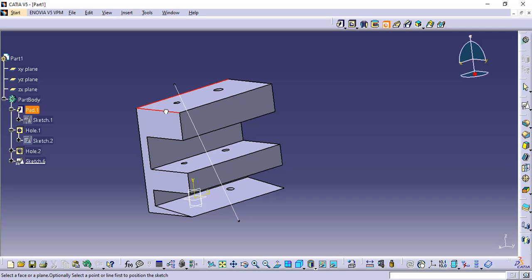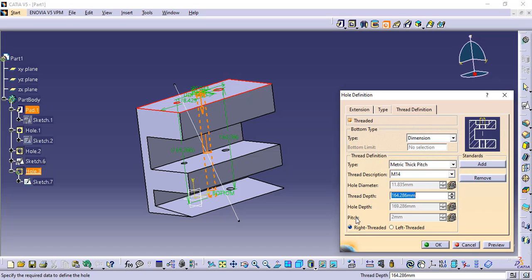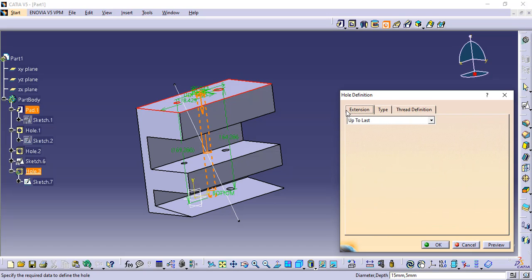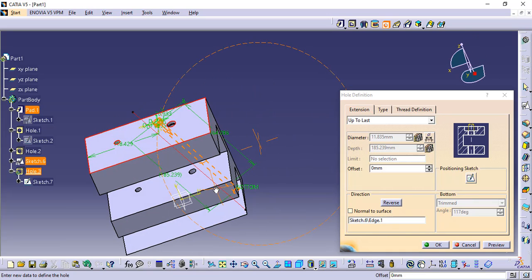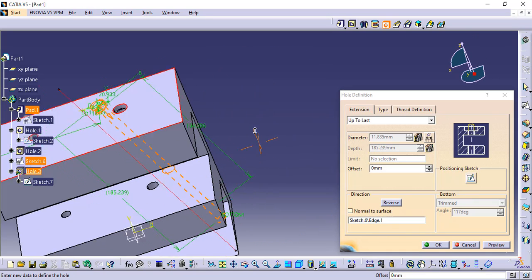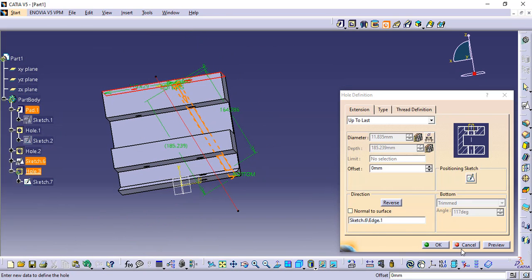I will give the type extension. Under this, I will select this line, using the hole at this particular depth. Okay, I will not click OK. I will just cancel this.